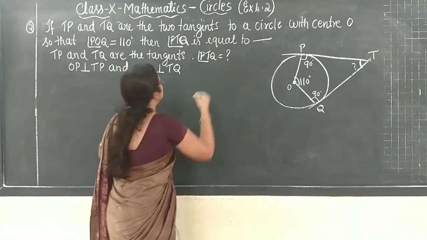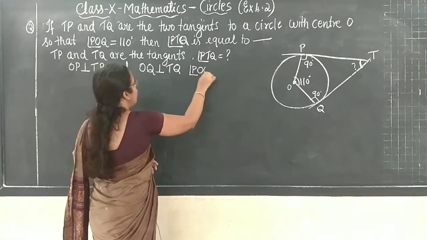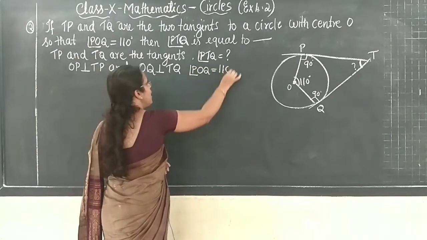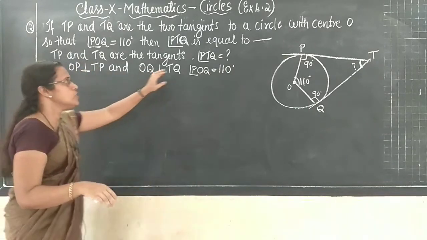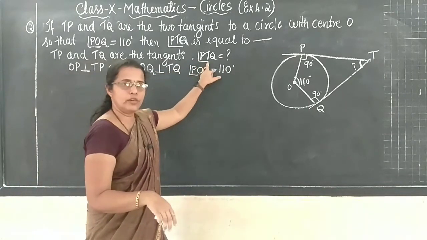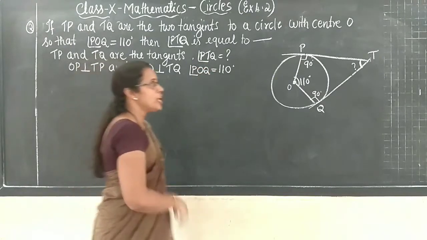You have to find out. So what is given? Angle POQ is equal to 110 degree. So this much, okay, given. See here, this you have to find out. Shall we find out this, children? Using the property of quadrilateral. Please write down